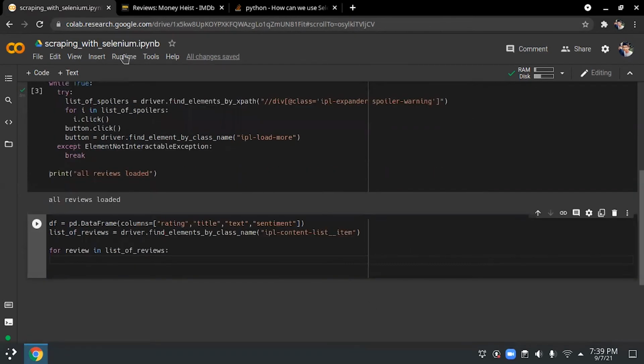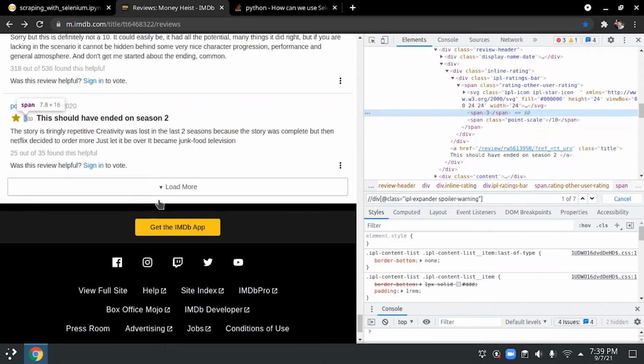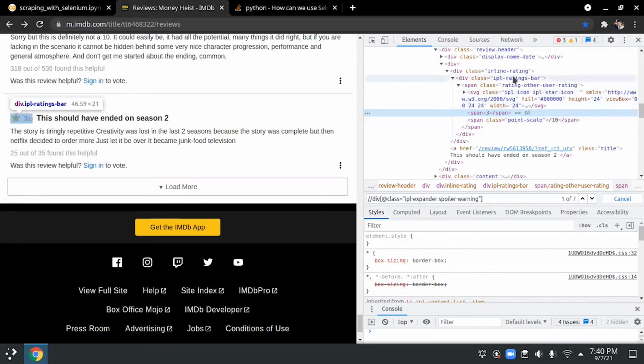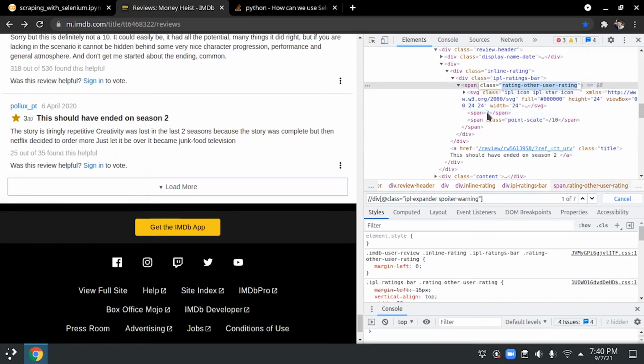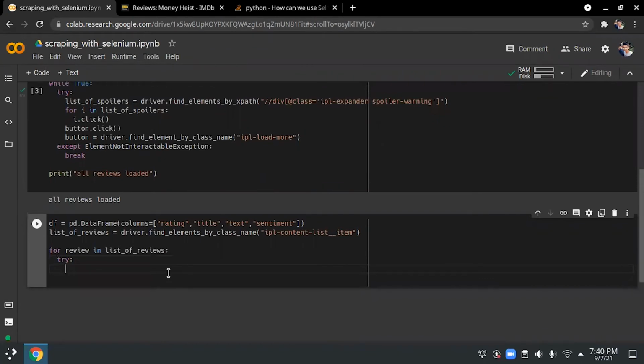Now the first thing we'll be doing is to get the rating part, and IMDb allows users to review without the rating part, so we'll have to handle the exception. As you can see, the main class where the rating is stored is this, and inside that there is a span element. Inside that the rating is stored. So what we'll be doing is, first of all, try. We'll be setting a rating element, and we'll be doing review